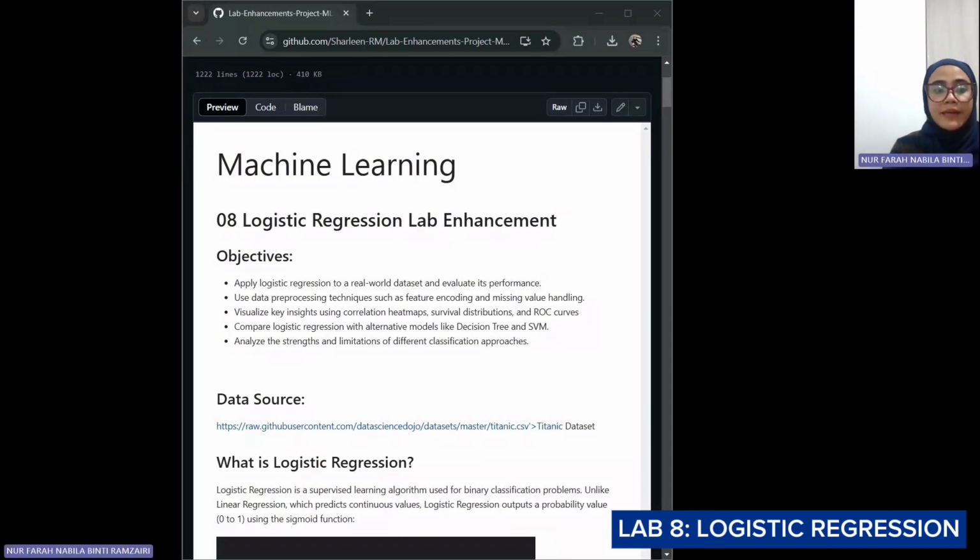The objectives of this lab enhancement include applying logistic regression to a real-world dataset and evaluating its performance, using data preprocessing techniques such as feature encoding and handling missing values, visualizing key insights using correlation heat maps, survival distributions, and ROC curves, comparing logistic regression with alternative models like decision tree and SVM, and analyzing the strengths and limitations of different